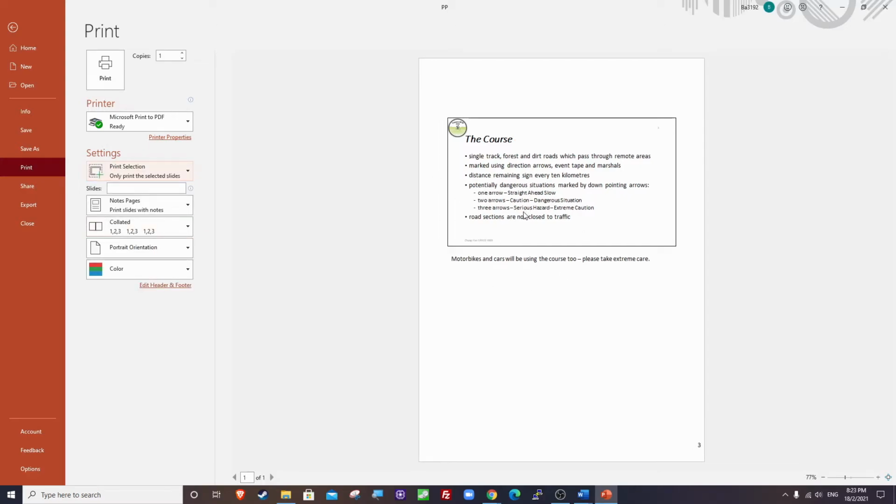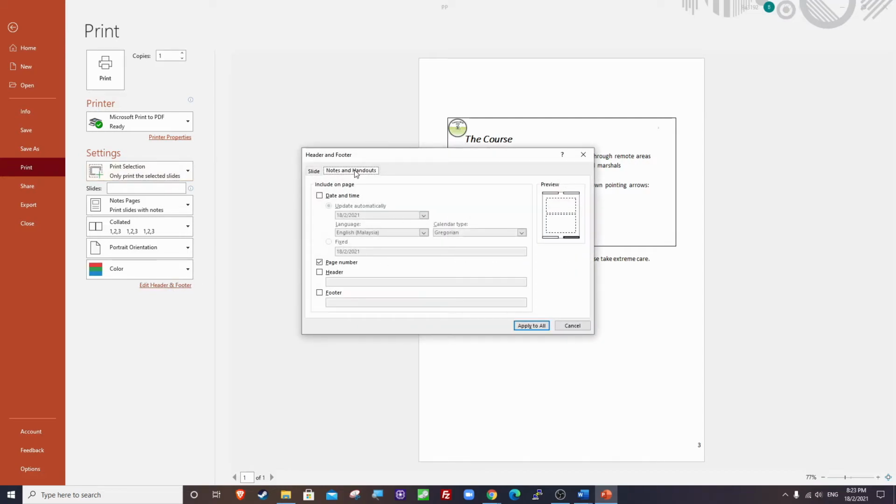Now you will notice that your name, center number, and candidate number does appear, but it's really, really small. So as a backup and to be safe, let's go to edit header and footer. And you'll notice that there are actually two different options here for header and footer. There's slides, which are used for each individual slide,